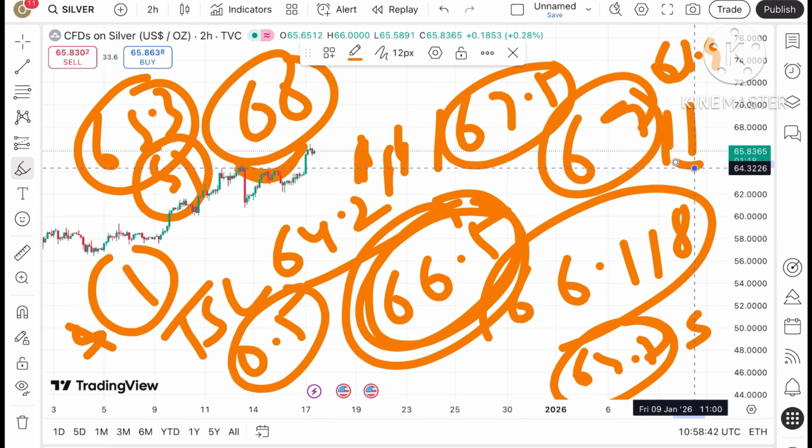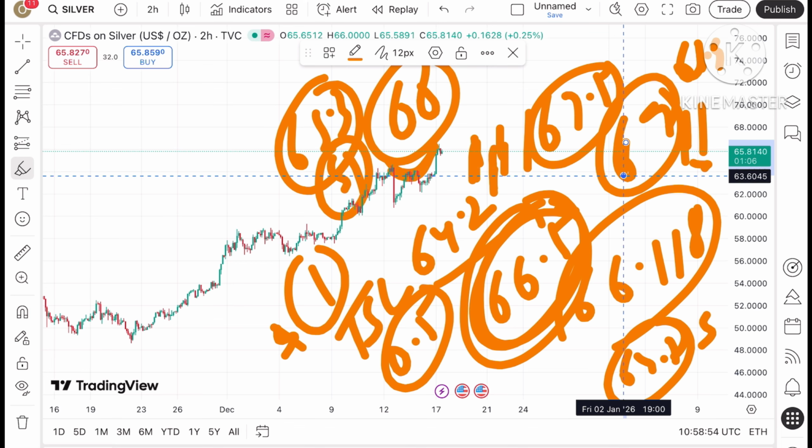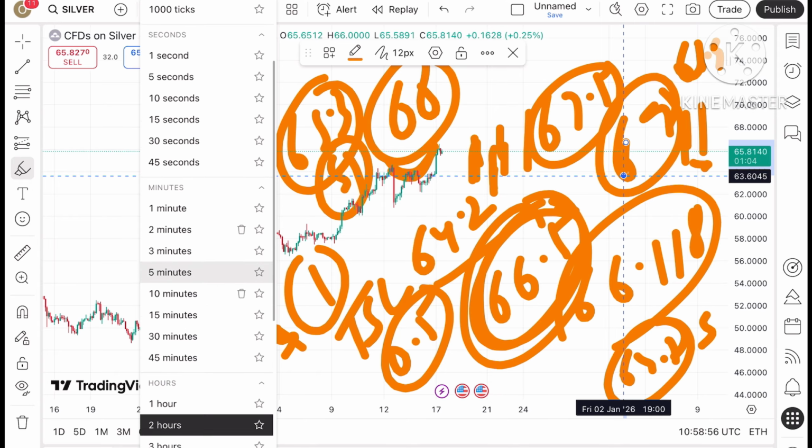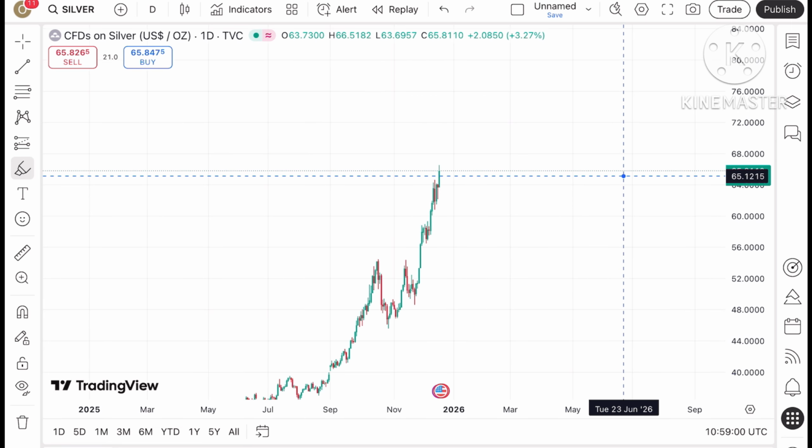Okay, and if that didn't sustain, a further downfall can be there. Now coming back to the 2 hours chart, you can see that a level of around 64 is very important, 64.3 is very important. So if the price falls below this level, a further downfall can be seen. But now coming back to the daily chart, what we can see on the basis of the daily chart,